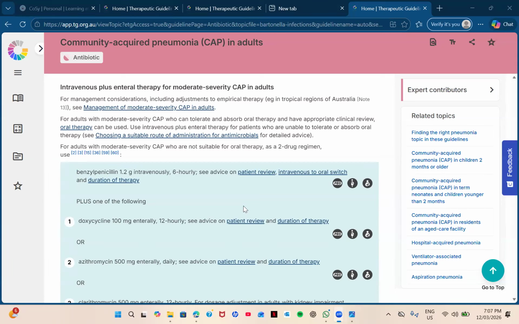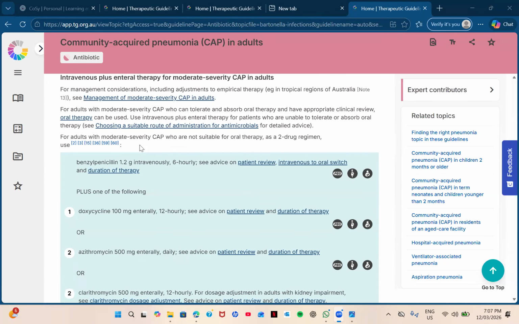Give me an example: when the patient can't tolerate oral therapy. Yes, the patient is presenting with vomiting, right? Yeah, those are the examples. Here,